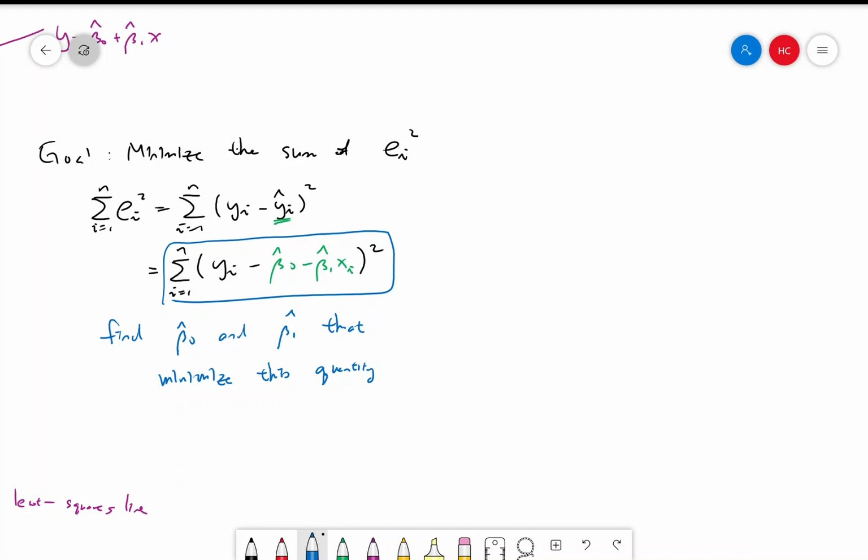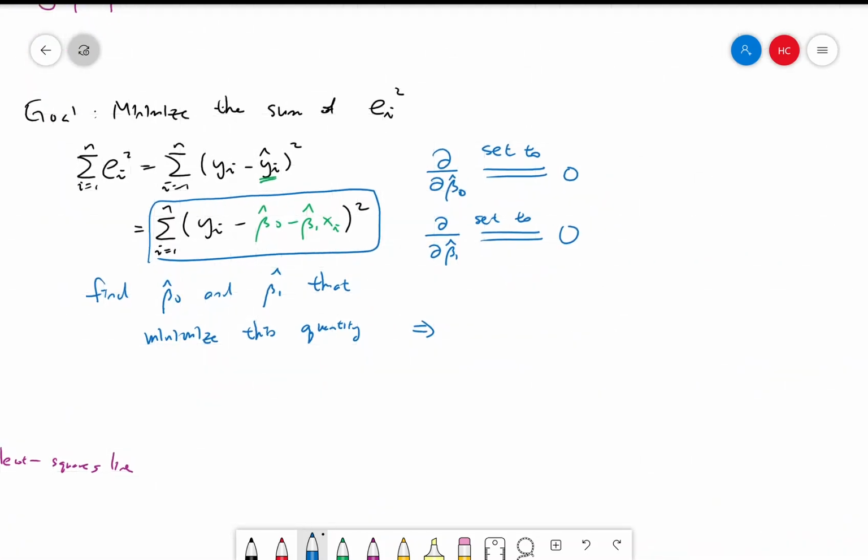If you want to minimize this quantity, you take the partial derivative with respect to beta 0 hat, and the partial derivative with respect to beta 1 hat, and set each to 0. So you take the individual partial derivatives and set them both equal to 0, and after a bunch of calculations, you'll figure out that